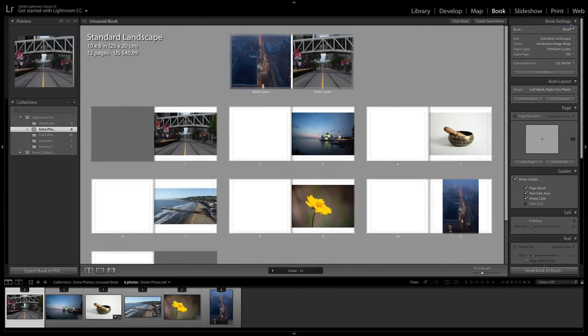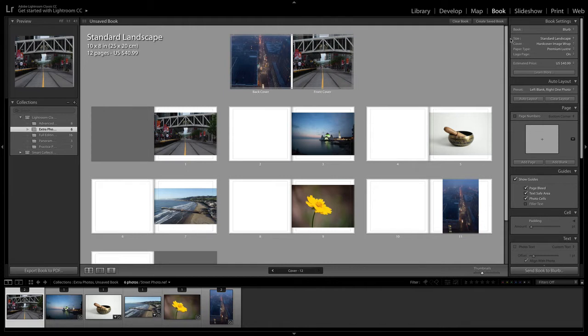And so really it's up to you, but it's kind of cool if you want to quickly and easily create a book that you can buy online. That being said, there's lots of other services out there to buy or to create photo books, and so this might not be the one you want. So just creating a PDF might be good.